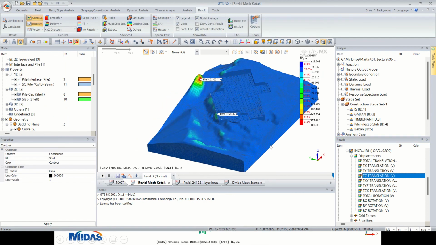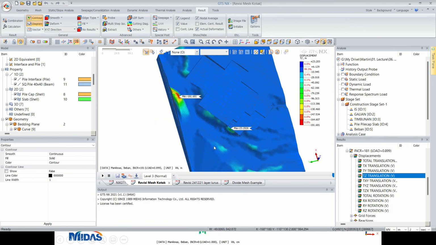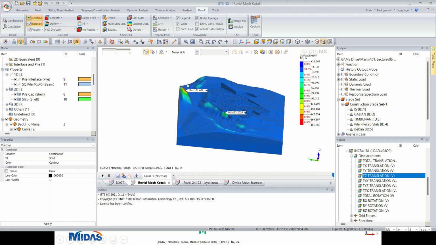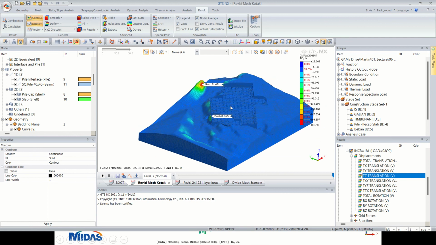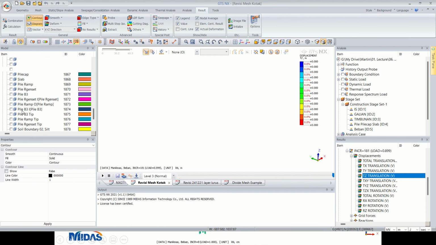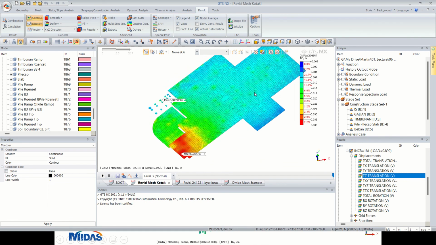One thing that you need to consider when you have a non-horizontal soil layer such as this part: first of all, we are not sure what the soil parameter is over this area, and second, this is not part of the construction area, so it doesn't really matter. But the problem is that it is such a large number, more due to numerical problems, that we don't need to actually look into these numbers. So what are we going to do? We have to turn on only the pile cap and the slab. Then you have your contour.